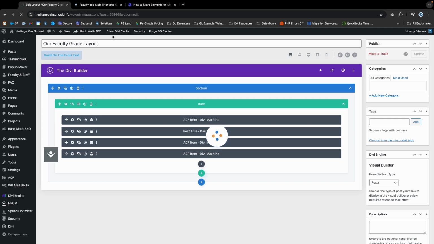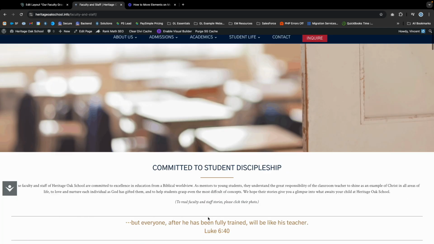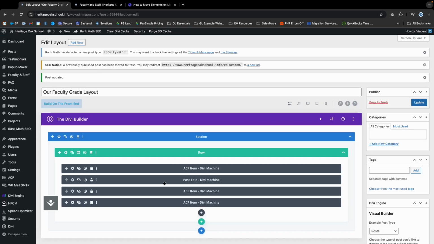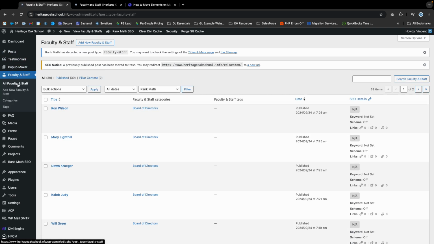And that'll update this layout for the circle. All the styling for the circle is built in on this particular layout, which is stored in the Divi library. Now, we don't have any faculty and staff profiles that have an email yet because we literally just created the field. So what we can do is go to faculty and staff, click on one of the